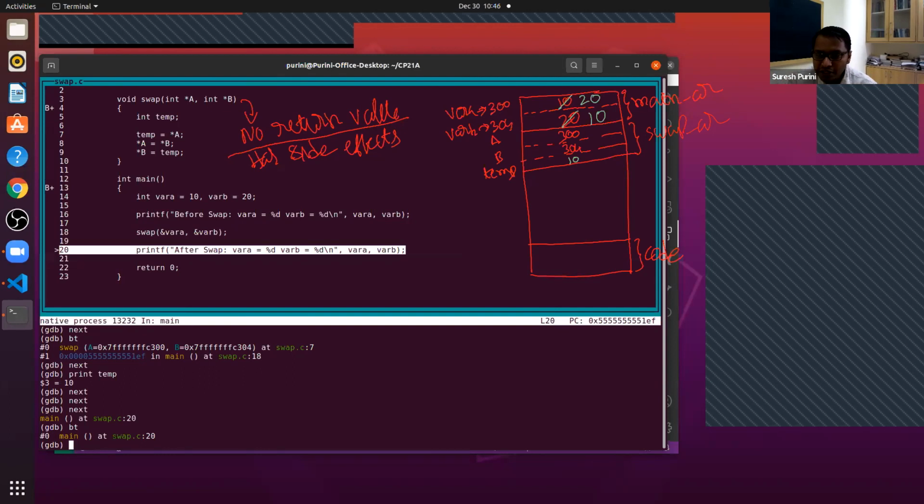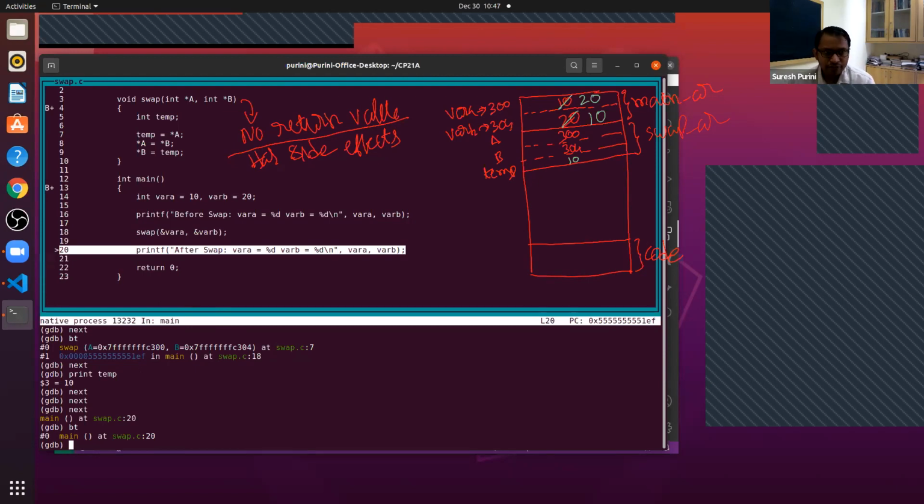I hope you understood this. This is a big conceptual jump, a very important conceptual idea we are looking at today. This will help you debug programs, understand many weird things happening, many security problems, lots of things that you will learn. When we get back to main, it doesn't start from the beginning of main, it starts after the swap.